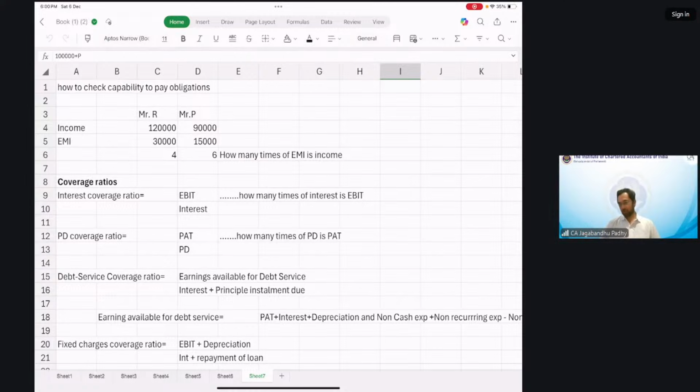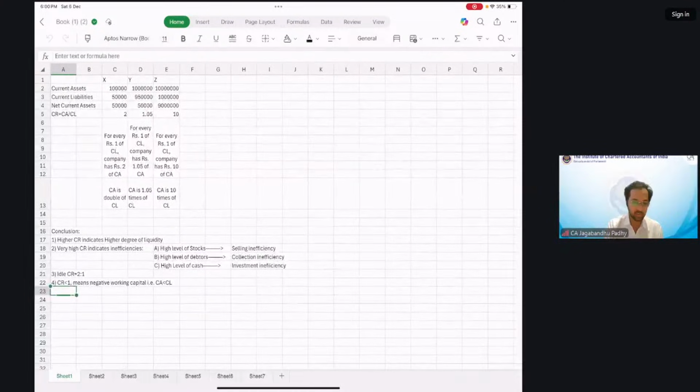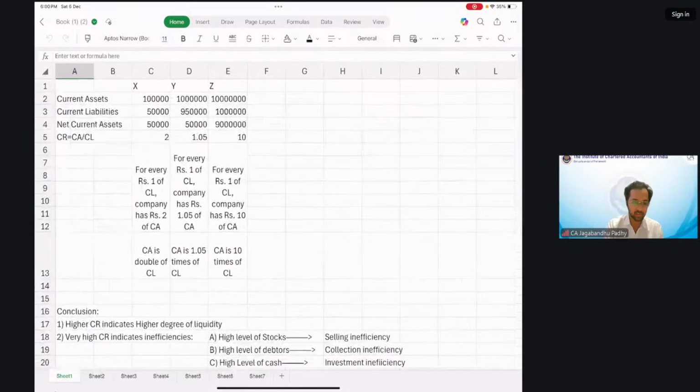Okay, so we have started with the topic of ratio analysis, and we have covered quite a good number of ratios. So let's just recap all the ratios that we have covered till now, and then later on we'll take the discussion further. So first up,